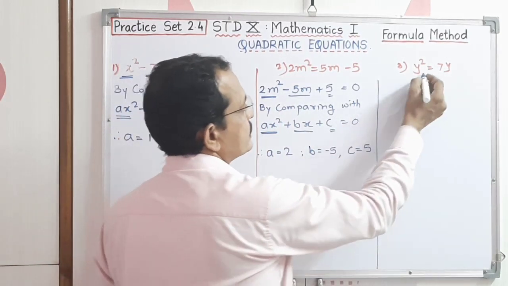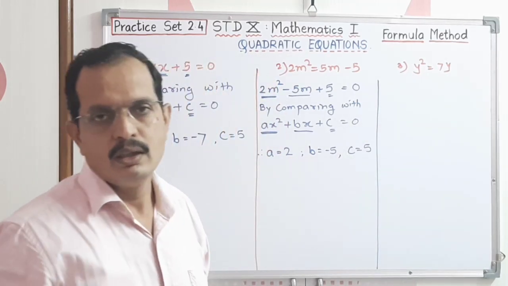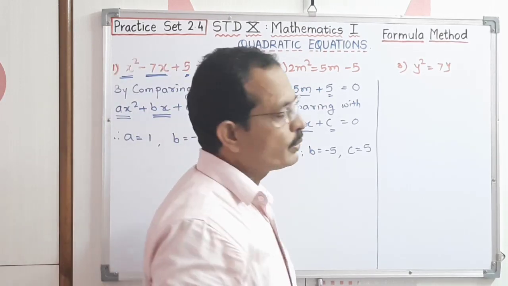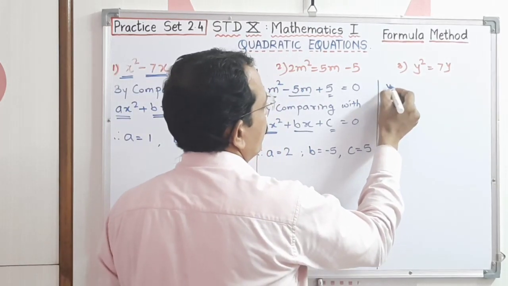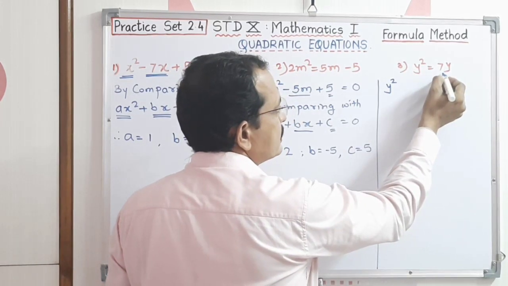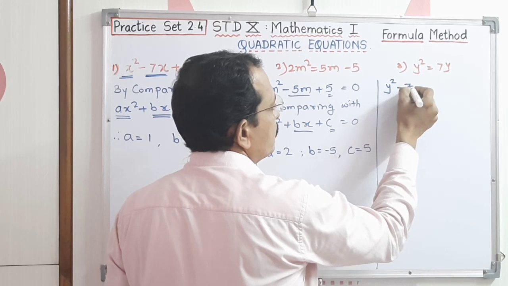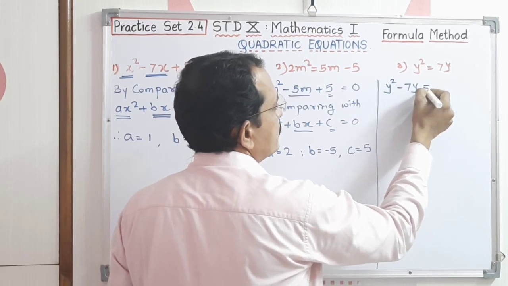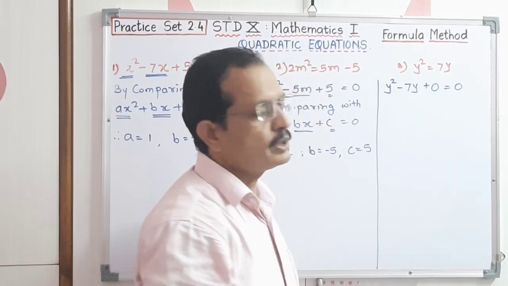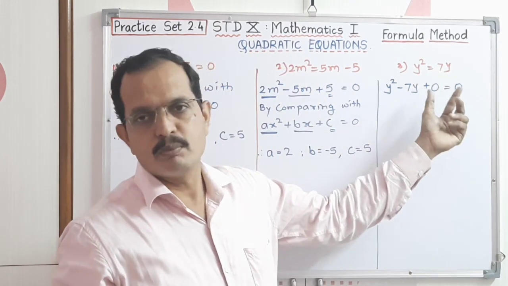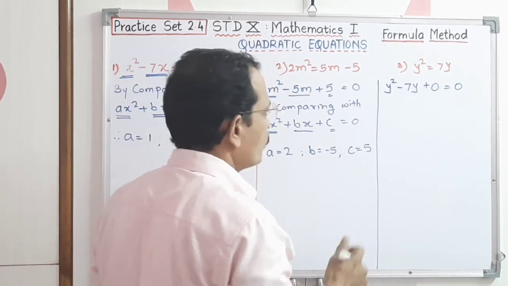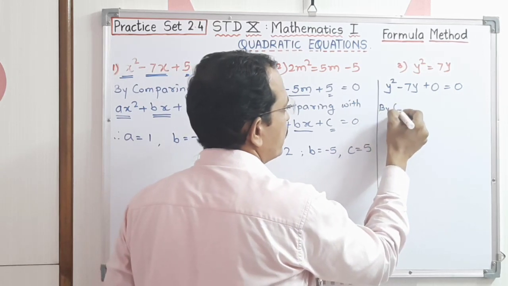It is y square is equal to 7y. Now this is also not in standard form. First of all we have to write it in standard form. Therefore y square, the quadratic term, equal to plus 7y, it comes here, it becomes minus 7y, plus 0 is equal to 0. Dear students, here only two terms are there, the constant term is not there, therefore we assume it as 0, and now we can write by comparing